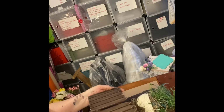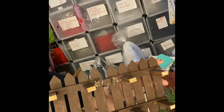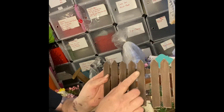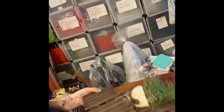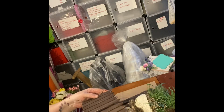So I'm going to add this on. Remember, I added 2 on. So with the wood blocks, I did this little piece, and it makes it look like a whole fence. And because I want height to it, I'll put on the tumblers. Okay, so let's...